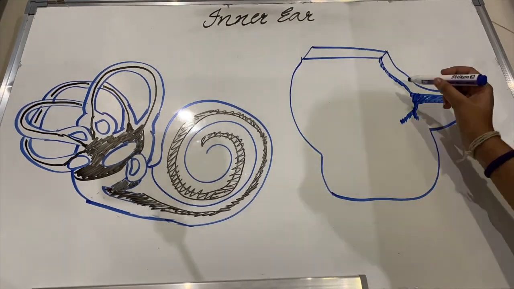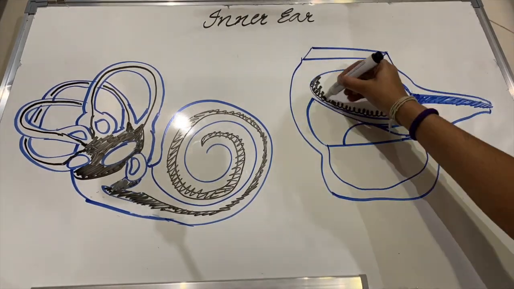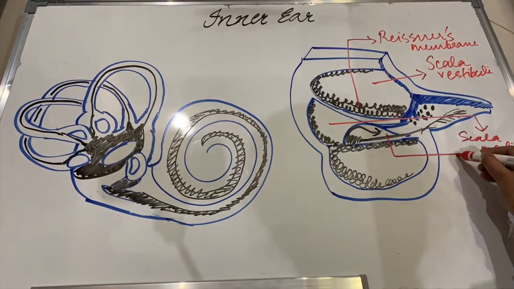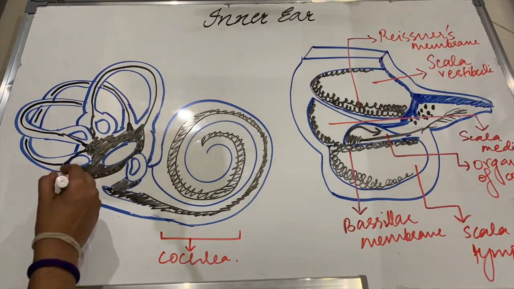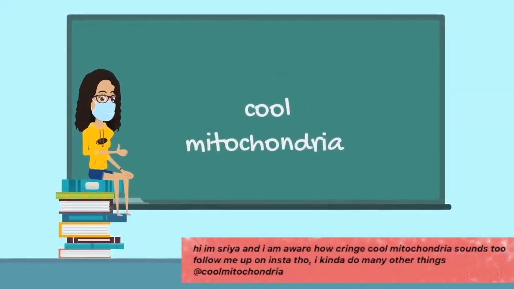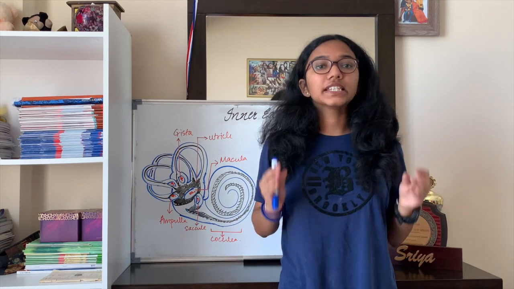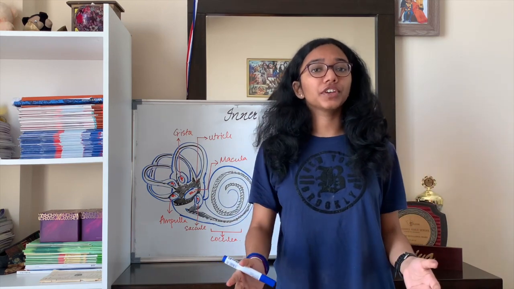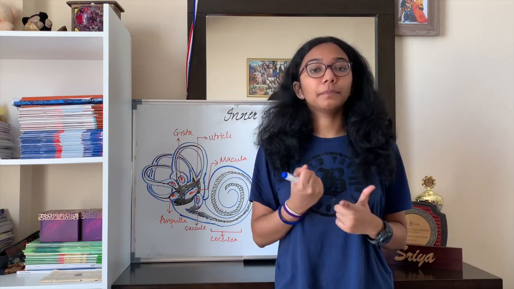Today I will be taking up the structure and the functional roles of the inner ear. And I know it's a pretty complex part. It took me really long to learn this inner ear, but I hope I can make it easier for you. Now, the inner ear is the main part of the ear that helps to control the two main functions of the ear, that is hearing and balance.